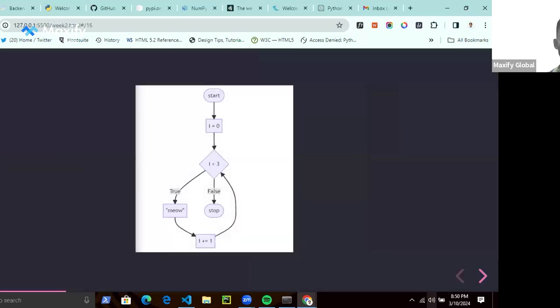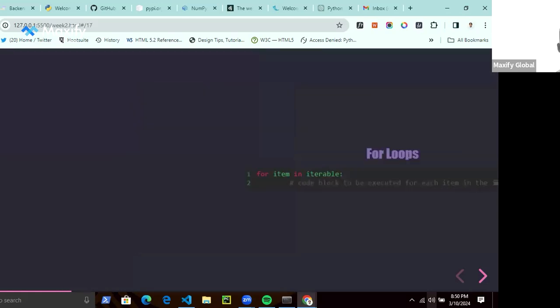So let's look at this diagram. It just helps us illustrate what a while loop does. First, the program starts, we initiate a counter. This counter is supposed to help us change the condition at a certain point. So as long as i is less than or equal to 3, the code will continue to run. If it fails, then the code will stop. Essentially, that's what this diagram is talking about.